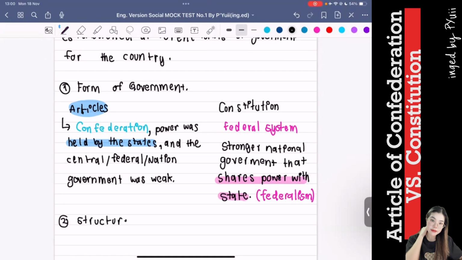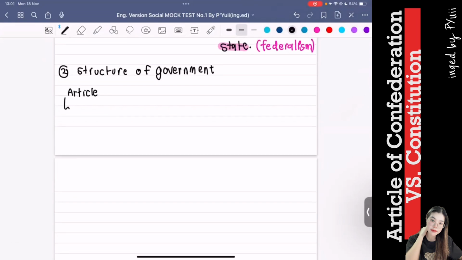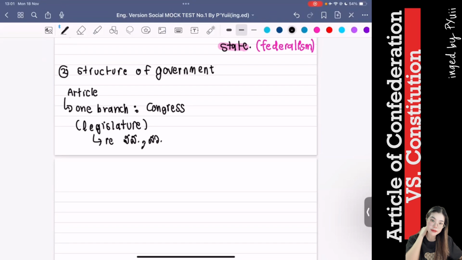The second one is the structure of government. You don't even have to read the passage if you understand this. For the Articles, there is only one branch, and that branch is Congress. Do you know the word legislator? The legislator is the representative of the people, and in Thai we call สส สว. If you're turning 18 in Thailand you have to go and vote for the representative, or legislator, who will work in Congress to make laws ก็คือเป็น สส สว ที่เขาจะเข้าไปเขียนกฎหมาย ร่างกฎหมายต่างๆ